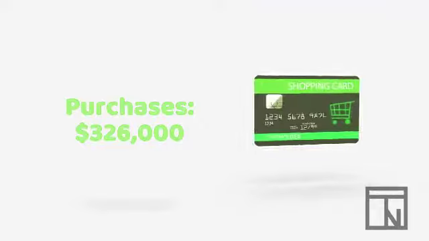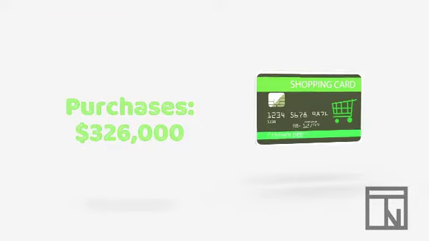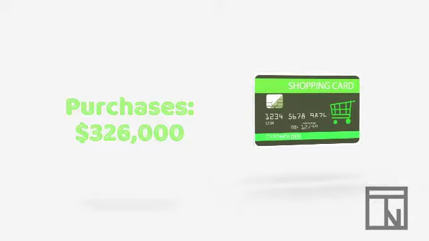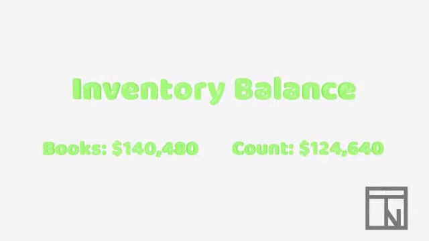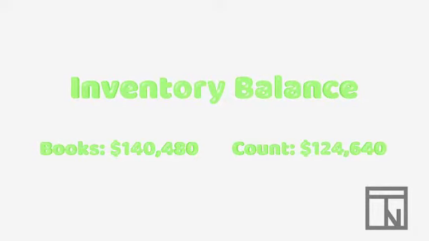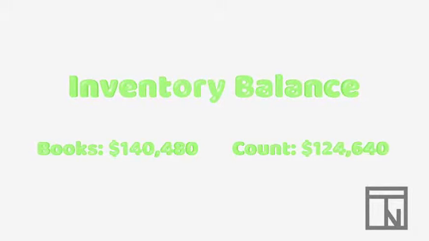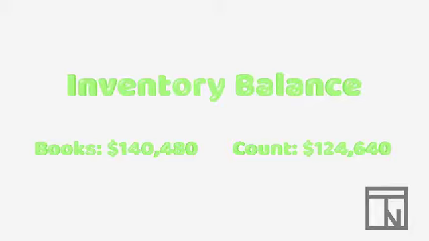$124,640. Also, all purchases of merchandise for the year were recorded in the purchases account on the income statement and totaled $326,000. To make the inventory adjustment, we first need to update the old balance in inventory of $140,480 to the new balance of